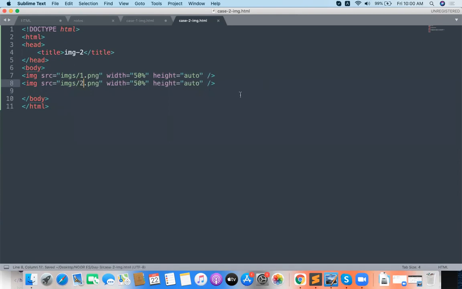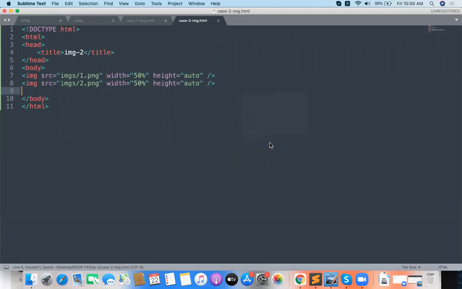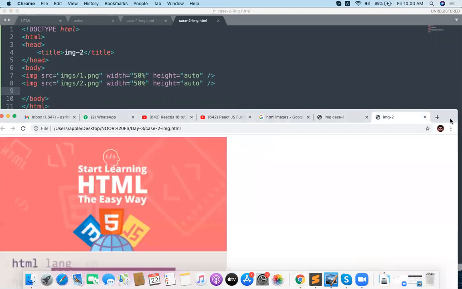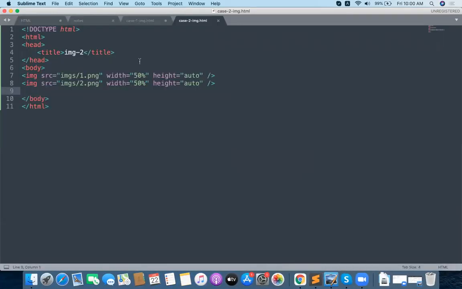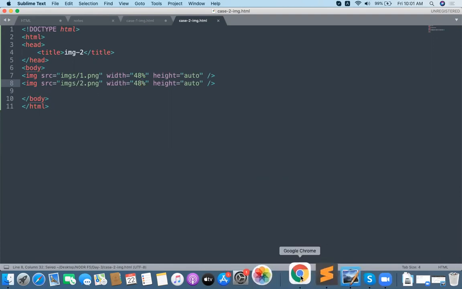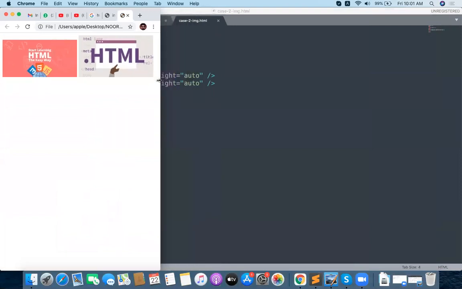Now you see my images are actually loading from the different folder, but width is giving an issue, so 48 is fine. Yes, 48 and 48, automatically those two images are side by side. Now this is adjustable, height is auto, so whenever width is decreasing, automatically height is also decreasing for you.